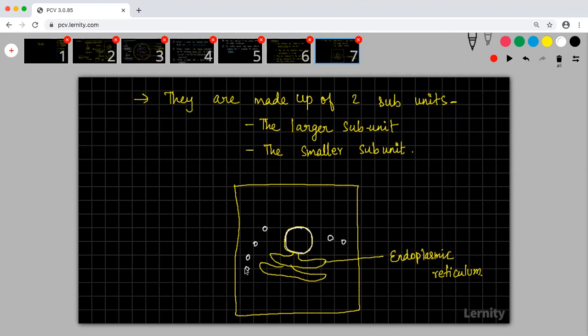Okay. So this ribosome is made up of two subunits. So you will have one subunit and another subunit like this. Let us say that this is there. This will all be scattered like this. So these two things joined together will form what we call a single ribosome. This is the larger subunit and this is the smaller subunit. These two things will be joined together to form a ribosome.